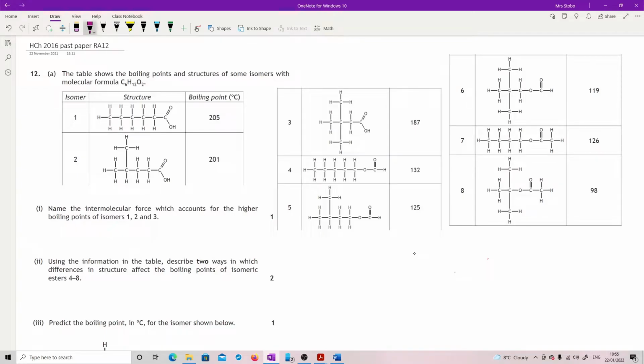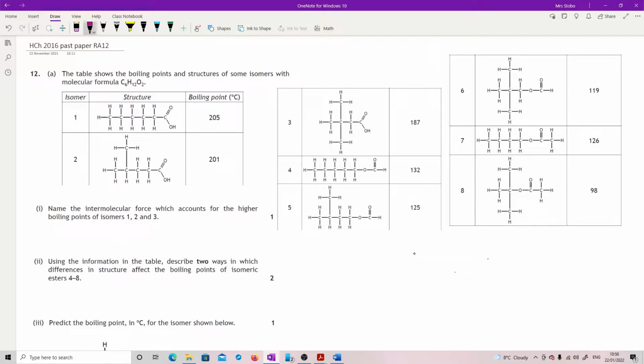Paper, question 12. Right, last question of the paper, question 12. I've had to do some cutting and scribbling things about to try and get it all on a page, because there's a full page of data in the exam question. The table shows the boiling points and structures of some isomers with the molecular formula